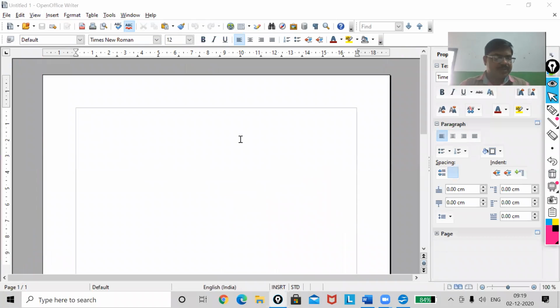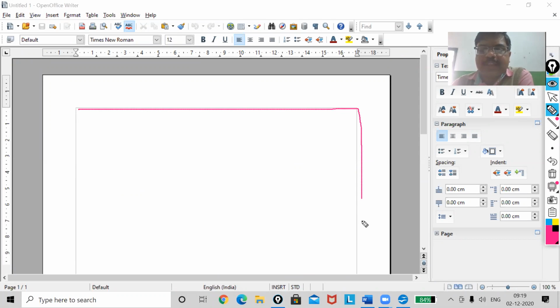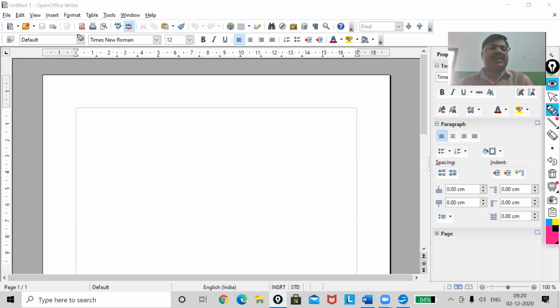Now, the next part, this is the working area. You can see this box which you see, my dear. This is my working area. So these are the topics which you already know. You have the standard toolbar and formatting toolbar, and you have them in OpenOffice Writer also. Now, my first part is the File menu. So I am going to discuss the main parts, my dear.